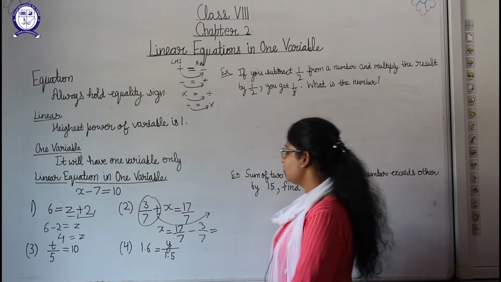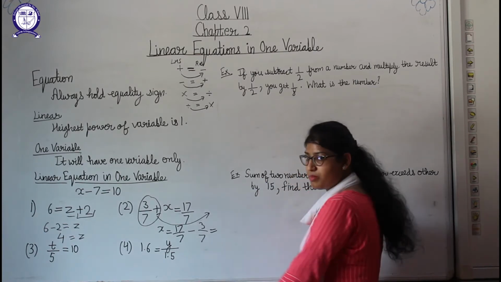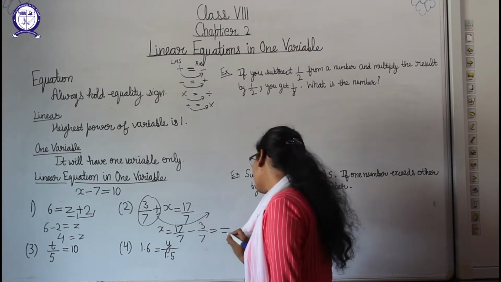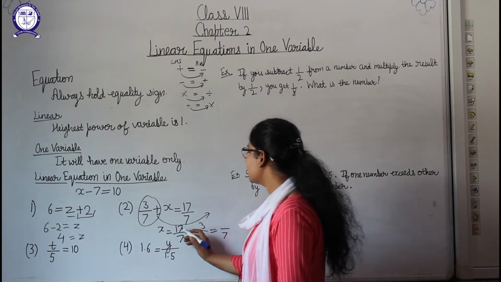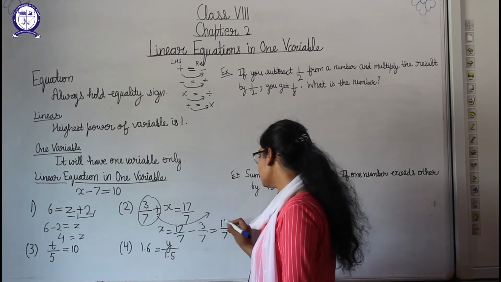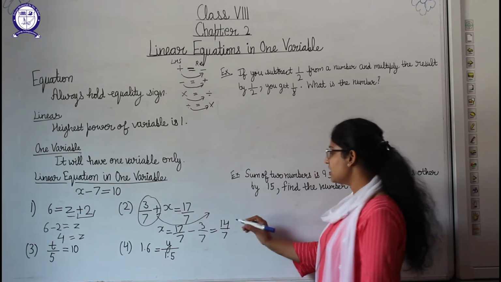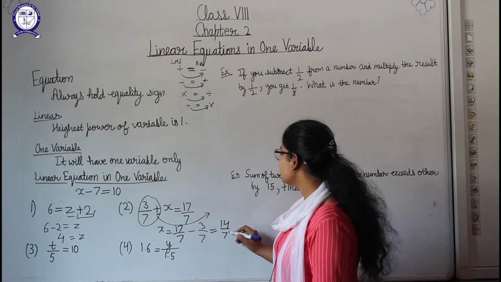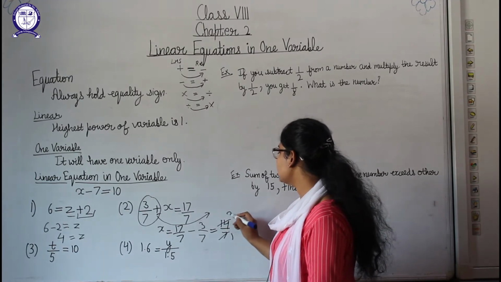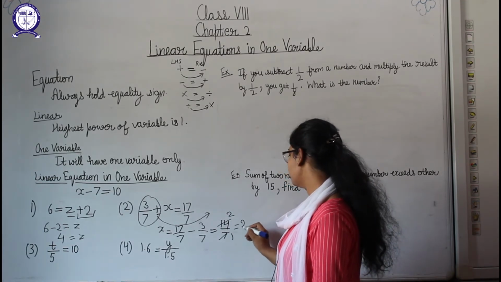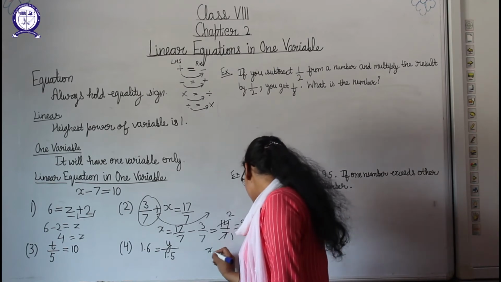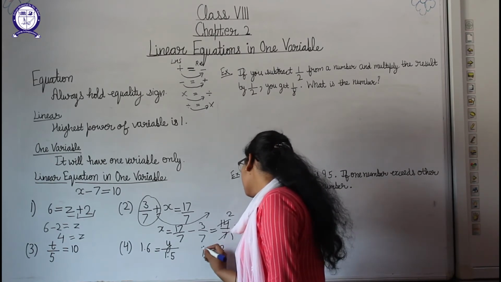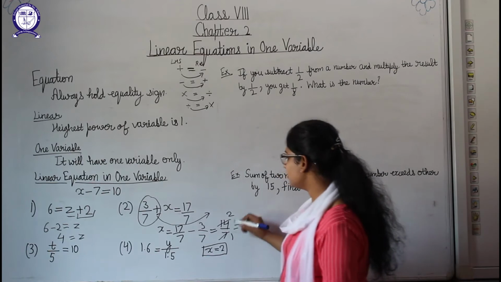Okay, now you know how to solve. The denominators 7 and 7 are the same, so the denominator will be 7. Now in the numerator, 17 minus 3 gives us 14. Okay, so here it will be 14 by 7, and you know that 7 ones is 7 and 7 twos is 14. It means it comes out to be 2. So the value of x here is 2. Okay, you can simplify the terms if you can.